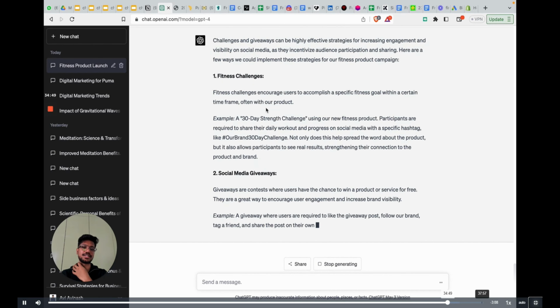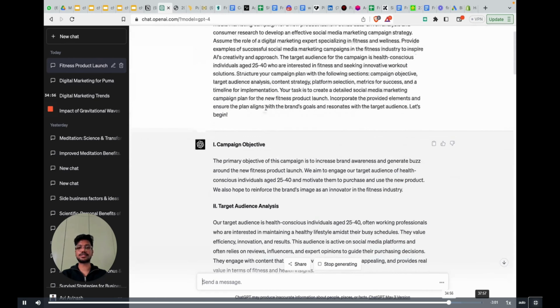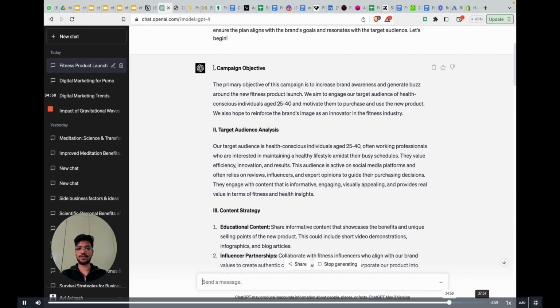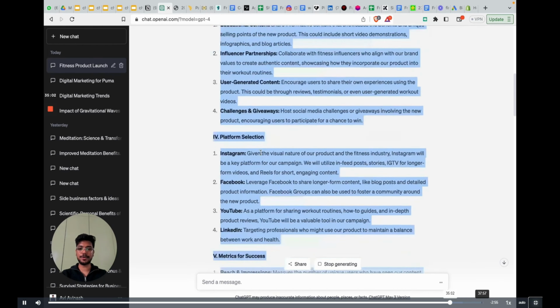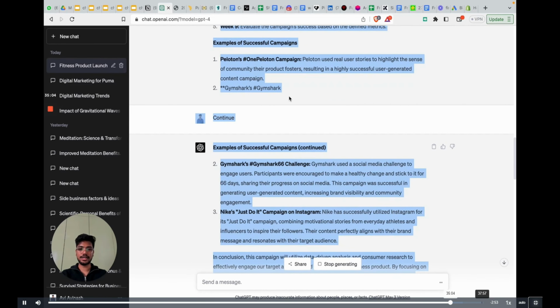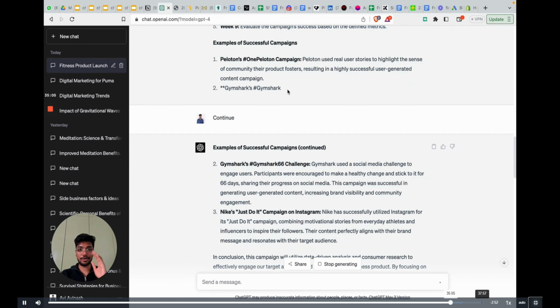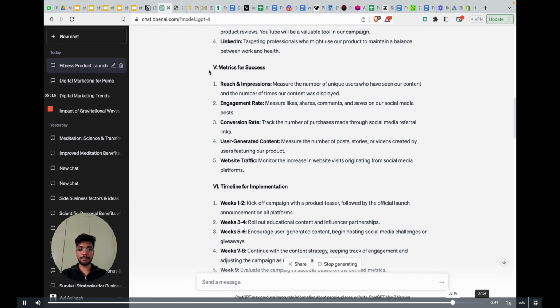Don't just stick with your first answer. You can fine tune it. In my case, it's an imaginary thing, I don't have anything specific, so I'm not fine tuning the prompt, I'm just elaborating on the things it told me to get more clarity so that I can take better decisions. But for you, it might not be perfect.